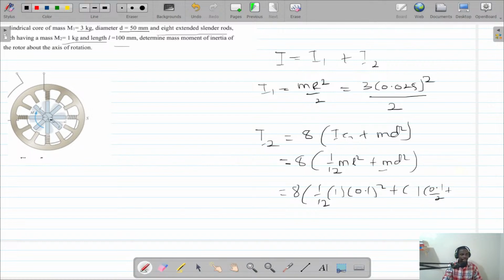So this is the mass, 0.1 times 0.1 over 2, which is half of the length, plus 0.025 all squared. All right, so let's see what we get. So I1 will be 3 multiplying 0.025 power 2 all on 2, and that will be 0.0009